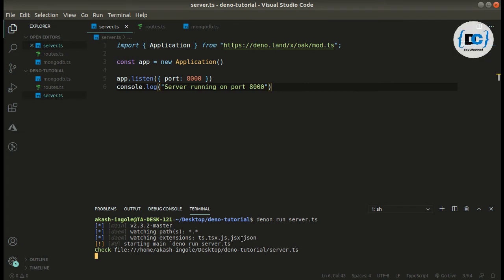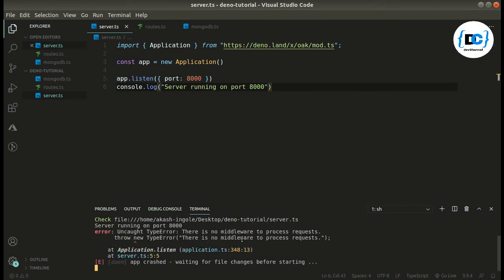Okay, and for those who do not know what Denon is, I have already made a video on Denon. It is a hot reloading module. With the help of it we can hot reload. We do not have to run our program again and again, like Nodemon that we were using in Node. So similar to Nodemon, it is a replacement for Nodemon in Deno. Okay, Denon.